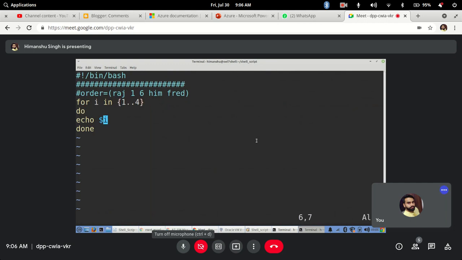What should it do? I will say n equal to 0, order position 0, and echo enter.